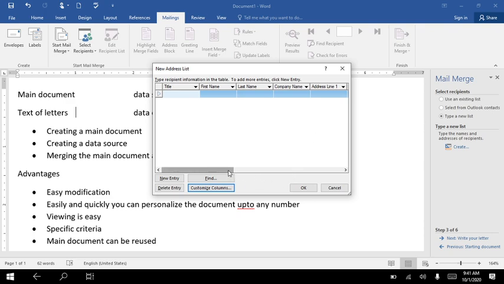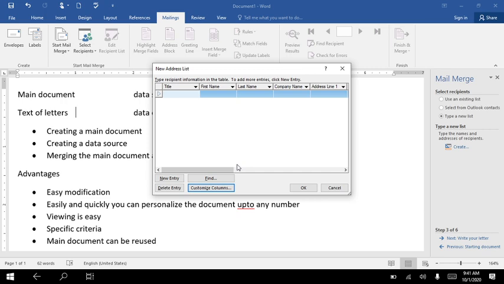If you want to change or delete the columns, if you want it your way, that also you can do. Understand? Like how many columns you want. Now don't ask me what is a column and what is a row. We have already discussed this when creating tables in MS Word.